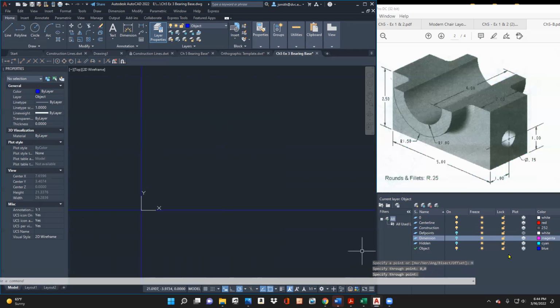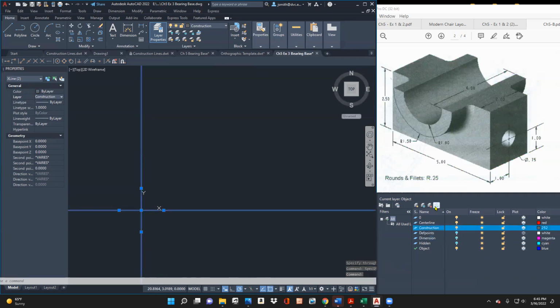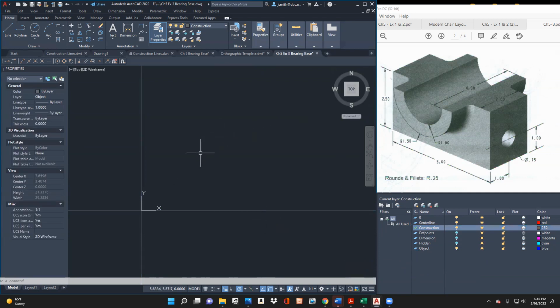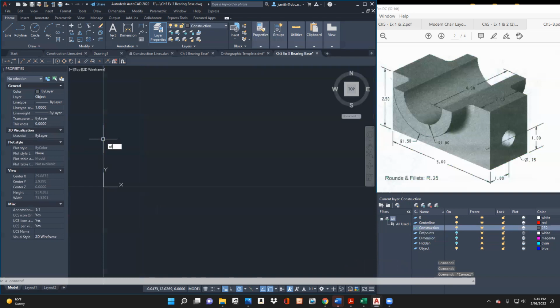And so now, if you notice, I have this in the wrong layer. So let's go ahead and put this into my construction line layer. And let's turn the construction line on and make this my active layer, right? So there it is. Now I'm going to build this. So let's just do something kind of quick on this. Let's go ahead and start with this. I'm going to offset this. So I would type in offset